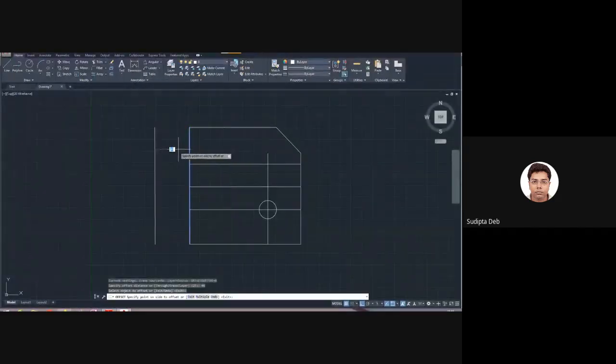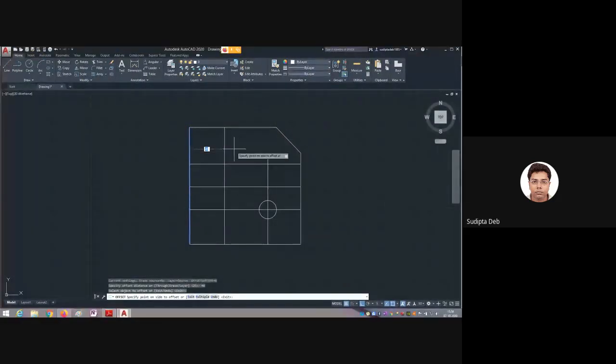Which side do I want to offset? This side. Select this side. Now press the escape button, ESC, on the keyboard to exit from here. Again, I have to draw another line at a distance of 25. Again, I will use the offset command. O, enter for offset. Now the value is 25. Press a single enter. Now with respect to this, in this direction, I have drawn another line.